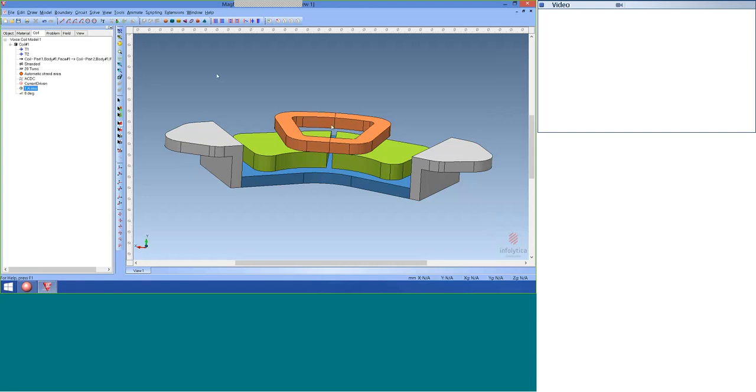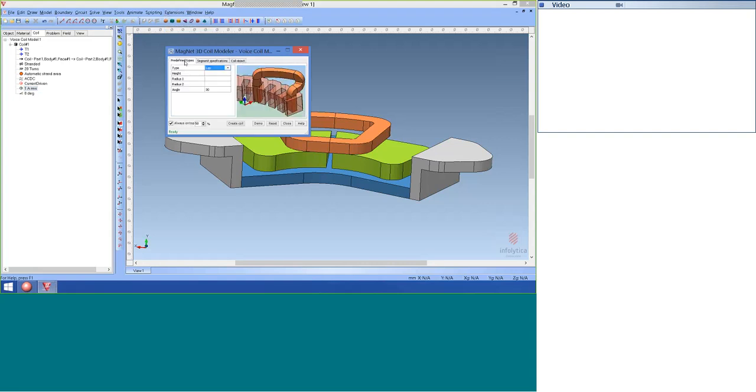Now we can actually build models differently, not just by import. You can also, using our drawing tools, for example, create a drawing in space and move it around, and also either by making a component by extrusion, either translationally or rotationally, or even by doing a multi-sweep. The multi-sweep is very useful for creating coils, and for that we have the 3D coil creator, which already has